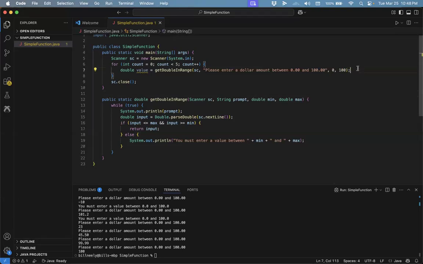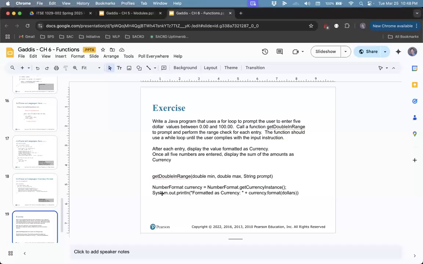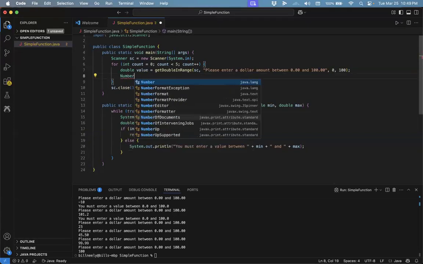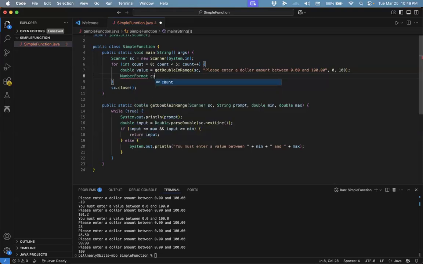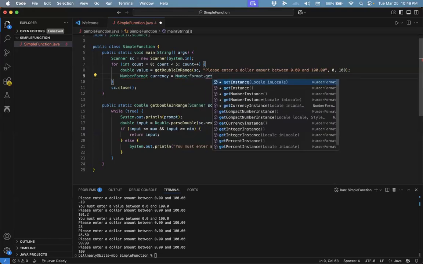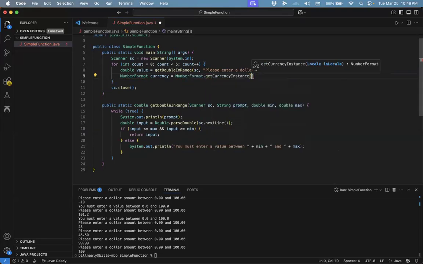Okay, the rest of the assignment was to just echo back the value using the number formatter. So we can see what that looks like here. We've defined it: NumberFormat currency equals NumberFormat.getCurrencyInstance. Let's go ahead and type that. This is the definition of a variable. The variable type is NumberFormat. We're going to call it currency, and we're going to call it equals NumberFormat.getCurrencyInstance. Okay, and we can define a locale here, like US or France or European Union or Ireland, Italy, whatever. But we don't need to do that. We're just going to use the default